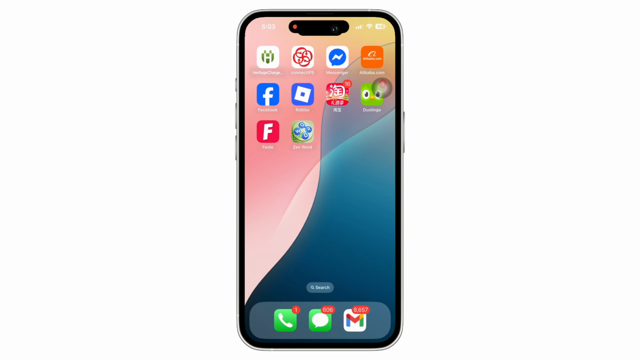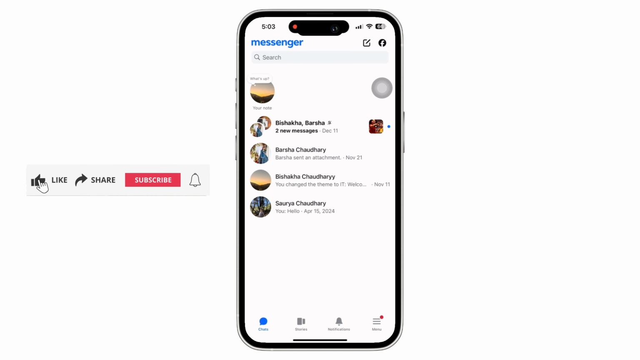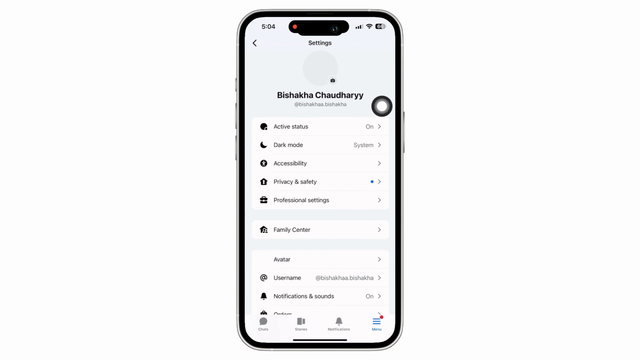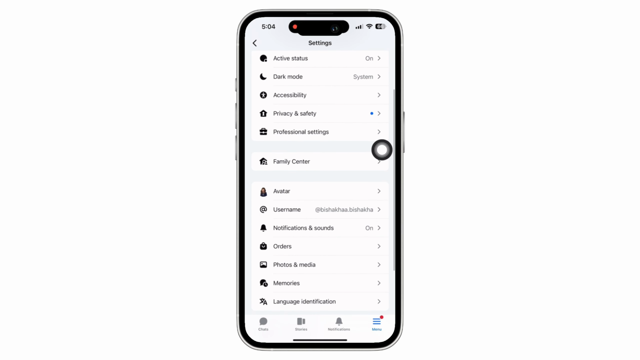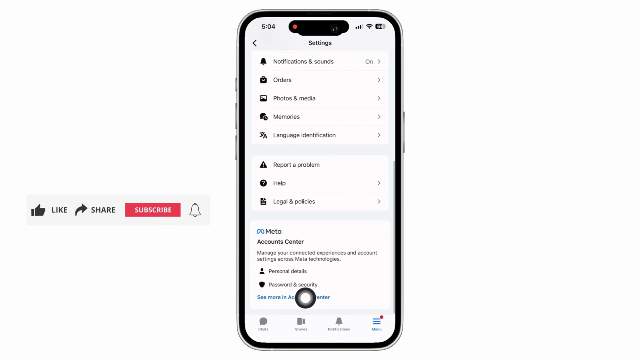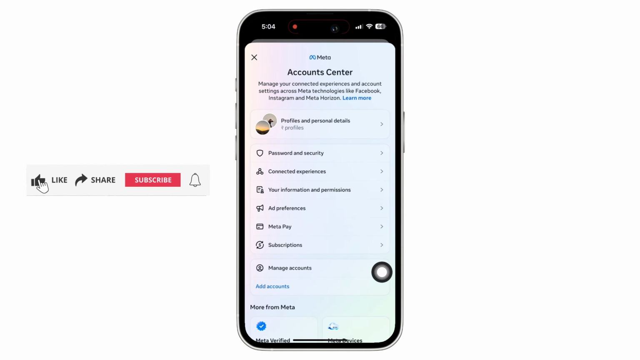Now let's get right into the tutorial. Firstly, go ahead and open the Messenger application on your device and make sure you are signed in. Now, tap on the menu option on the bottom right of your screen and then tap on the settings option you see there. Further, scroll down to the bottom and you will see the option for See More in Account Center. Tap on that and in the interface that you will be led to, tap on the password and security